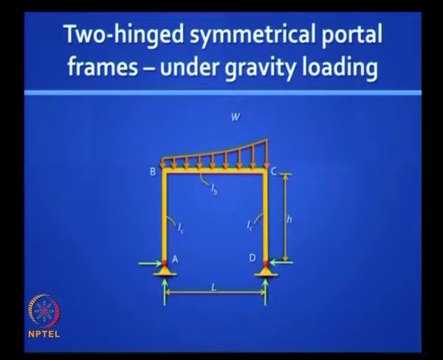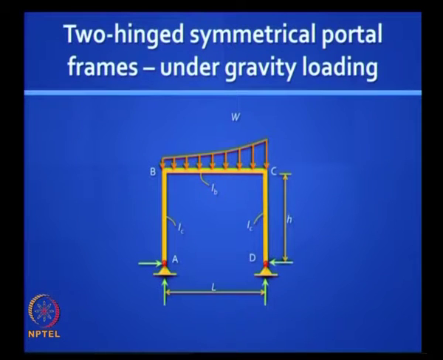I want you to look carefully at this simple problem. What you see in the picture is a 2-hinged portal frame, 2-hinged because you have 2 hinge supports at the bottom, and subject to some arbitrary vertical or gravity loading. The frame is symmetric, so that brings in some special features which I want you to understand, and let us be as generic as possible. Let us say that the beam has a second moment of area IB, which means it has a flexural rigidity EIB, and the two columns have the same flexural rigidity EIC. Is it clear?